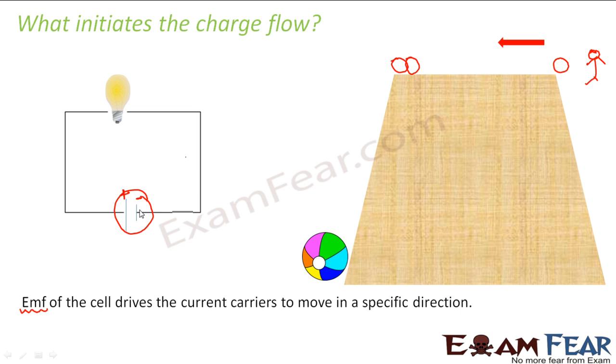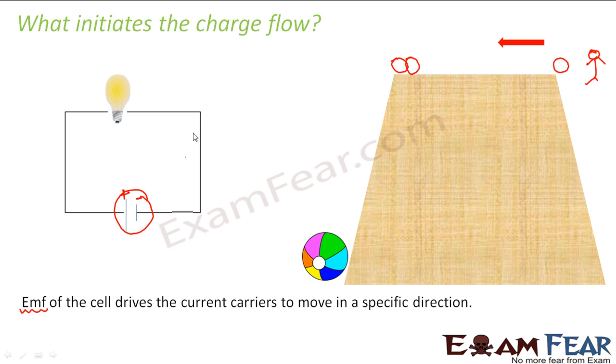Then the potential difference between its positive and negative terminal is known as the EMF. Now because of this difference in potential between the two electrodes, what will happen? Charge flow will take place, because charge will tend to flow from higher potential to lower potential, right? But there is no conductive path between the electrodes. I mean, the charge cannot flow from inside the electrodes. That is why a path is created by the circuit. So when you draw a circuit, this wire is nothing but a conducting wire. If you use an insulating wire, then there will be no current flow, right? Because it will not conduct electricity. So this conducting wire acts as a path for the charges to flow from higher potential to lower potential.